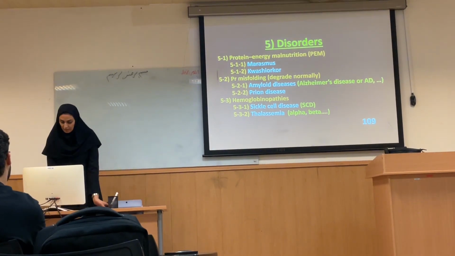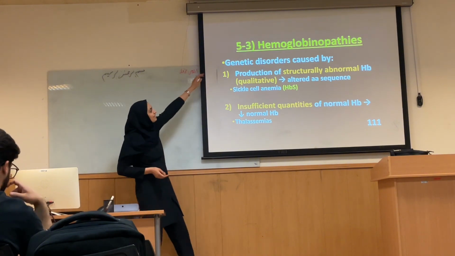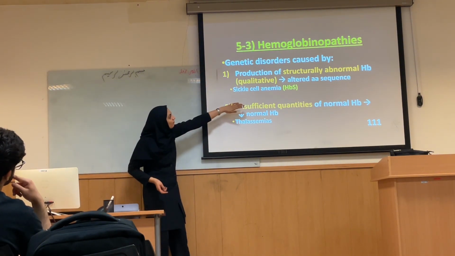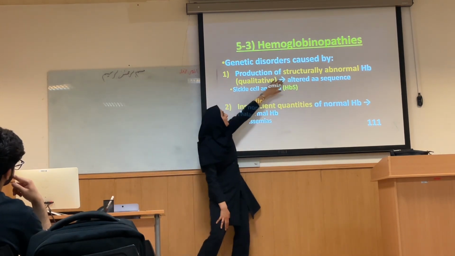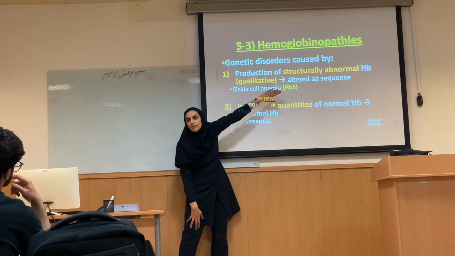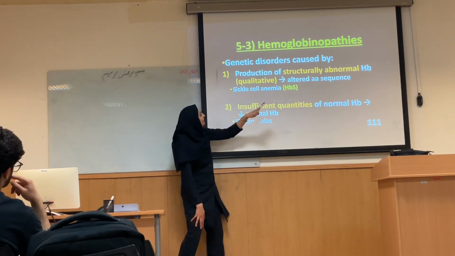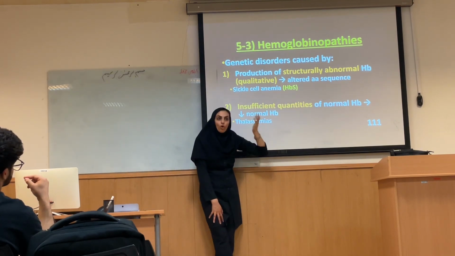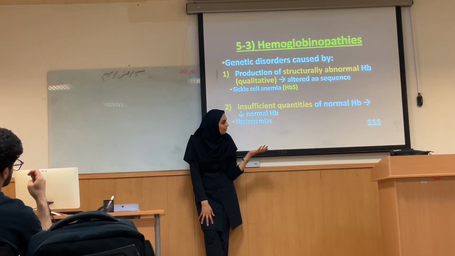Guys, in hemoglobinopathies, I want to tell you, at first, they are genetic disorders, and in some situations, the structure is abnormal. We call it qualitative: the quality of hemoglobin is changed. But in some situations, the hemoglobin structure is normal, but the quantity of it decreases. For example, in